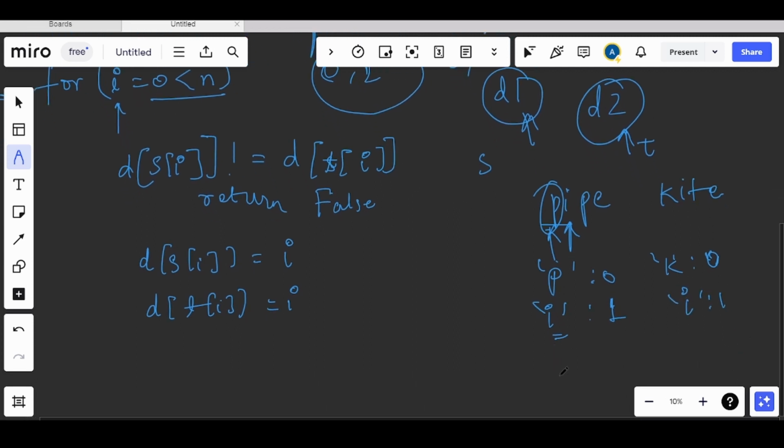Now we will again come across P here, right? So before assigning the value, we are checking if these are equal or not. This T will be assigned 2, but T is new, right? It is not existing in the dictionary. This P is storing the value 0, and T is not existing in the dictionary, right? So therefore from here only we will return false.